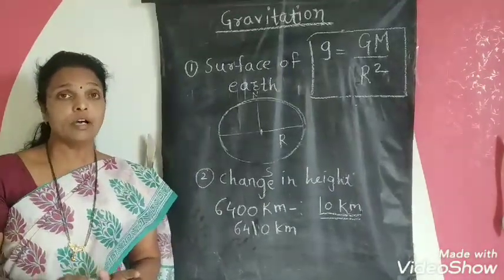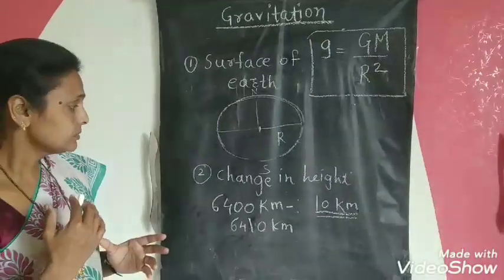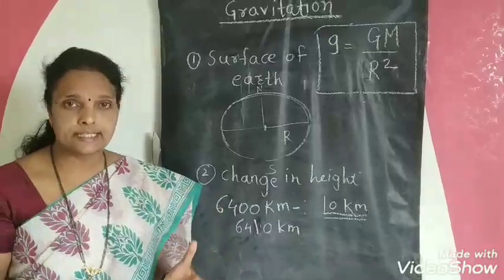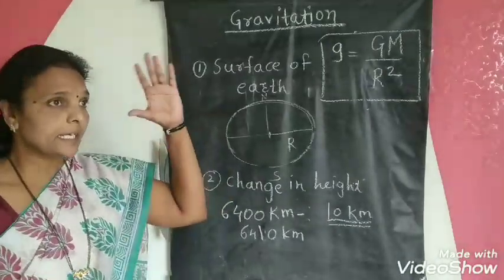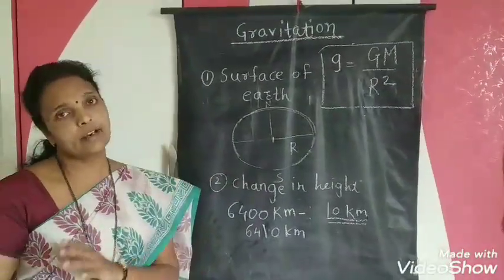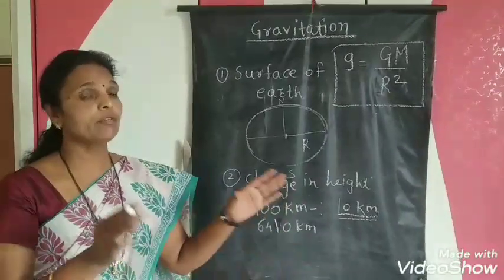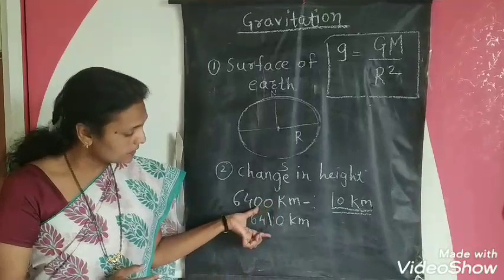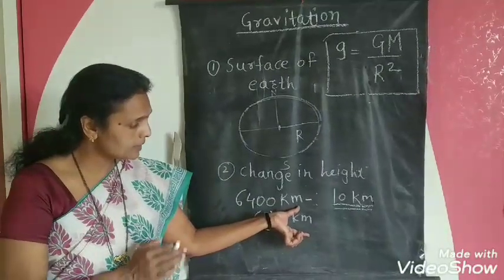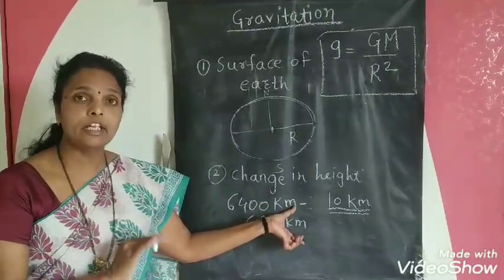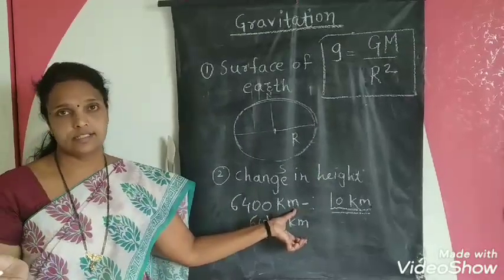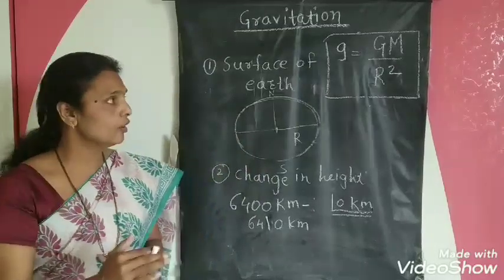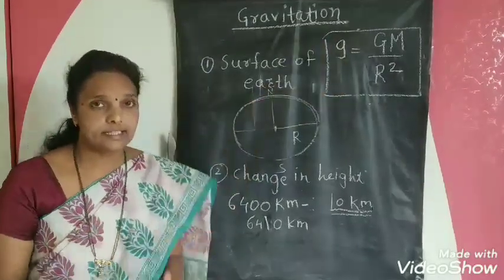But whenever we try about the height of an artificial satellite, then what will happen? The satellite is at a much greater height. So at that time the value of g changes. But up to this negligible height, the value of g does not change. So as we go to a height, the value of g decreases.